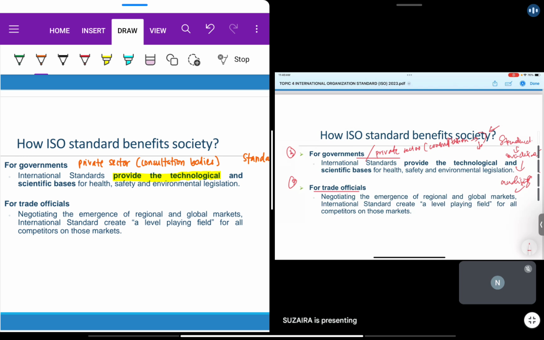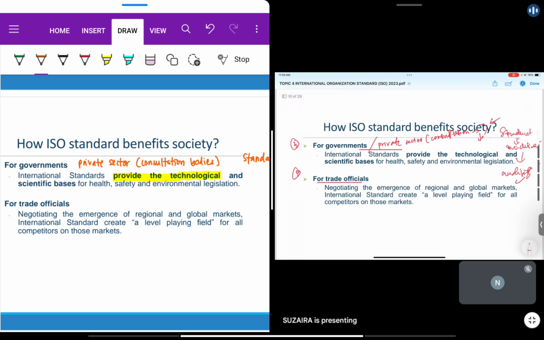So trade official is more towards creating a competition between similar factories that produce a similar product, more or less a similar commodity, but in a safer and efficient way. Okay, safer and efficient way, because we know that we actually refer to a similar standard. We have a similar standard that is considered as a safety net or safeguard towards a consumer, or customer, or even a manufacturer.